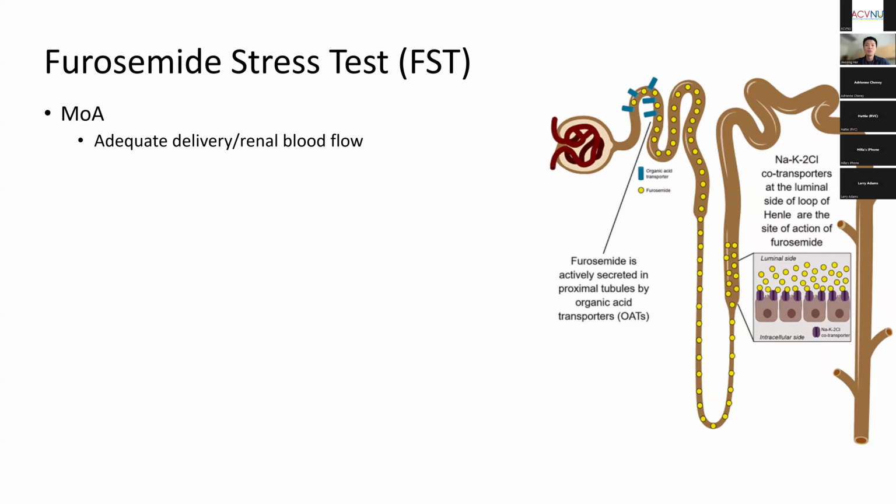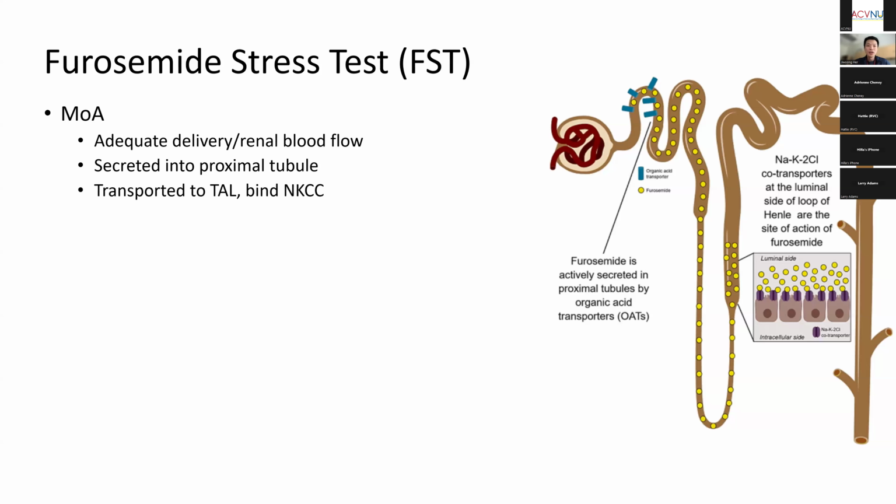When it reaches the nephrons, it is actively secreted into the proximal tubule from the basolateral membrane to the lumen by the organic anion transporters. We'll come back to this, but this secretion of furosemide can be inhibited or competed by other things such as antibiotics, metabolic acidosis, fluoroquinolones, and other